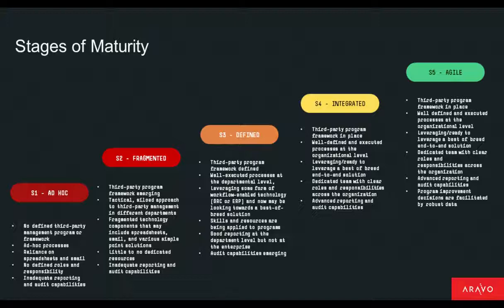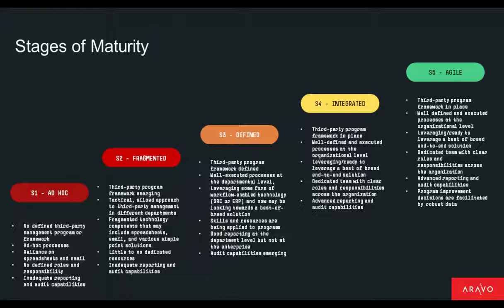Now, this is a model that we built in conjunction with Michael Rasmussen. I'm sure many of you on today's call are familiar with Michael. He's an expert analyst in the space, often known as the father of governance, risk and compliance, coining the GRC acronym. He was an analyst for Forrester before establishing his independent analyst firm, GRC 2020, in 2007. So he's a really good analyst to talk to and connect with as you're building out your third-party programs as well. He's got a lot of experience in this space.